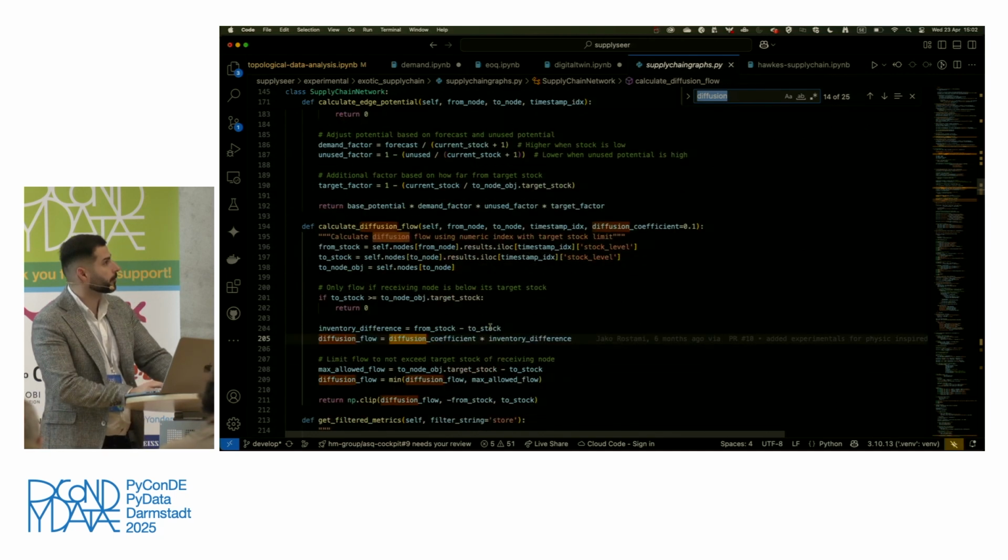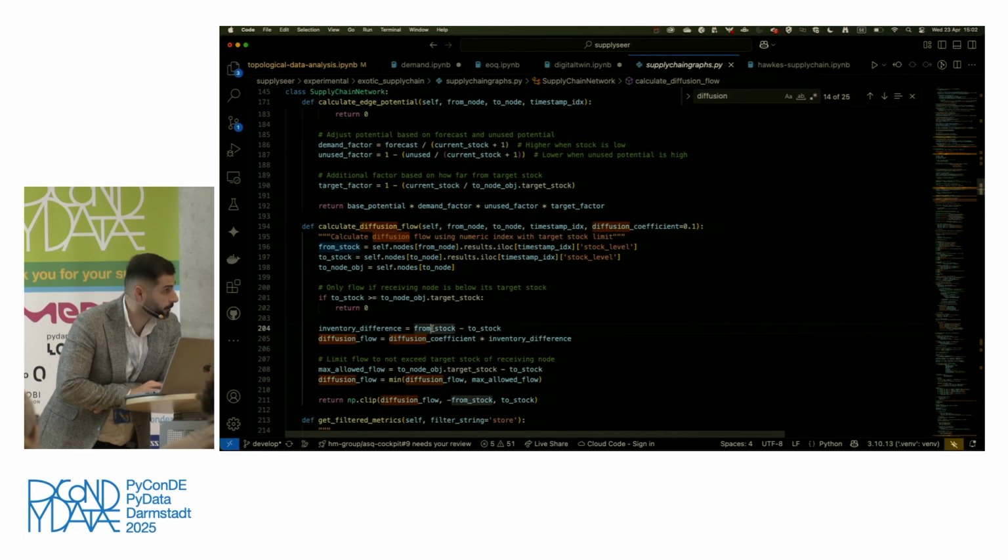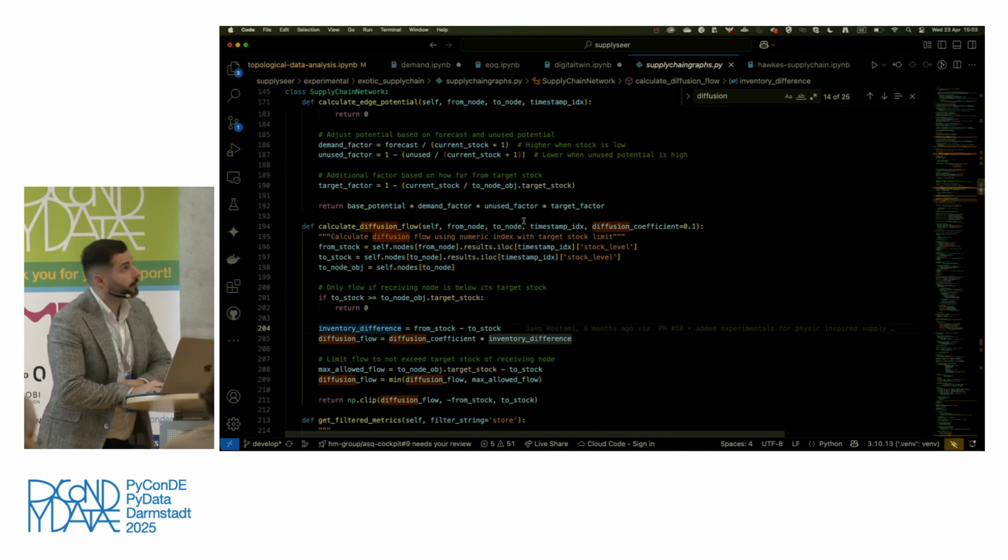First of all, let's look at this part here: the inventory difference from stock, from the warehouse to the store. And we're saying the diffusion flow rate, the diffusion coefficient is defined over here. You can define this as anything. It's just set as 0.1. And the inventory difference. What this shows you is